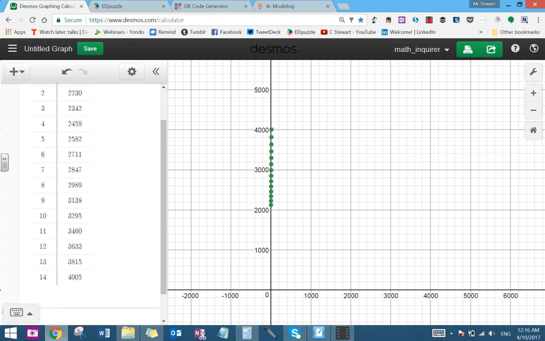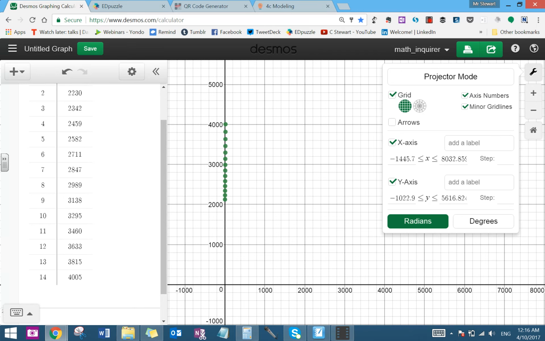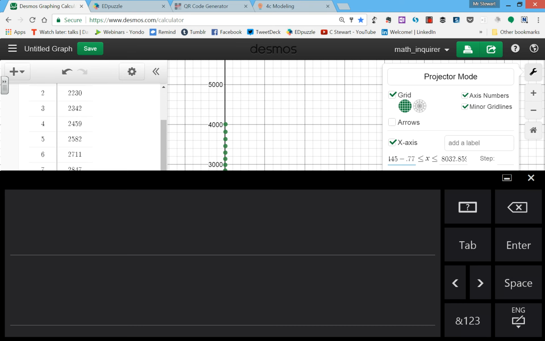If you ever come up against this, where you're using these huge values, you really do need to set your scale accordingly. So if you press on the wrench at the top, we're going to set the x-axis. Start the x-axis just to the left of